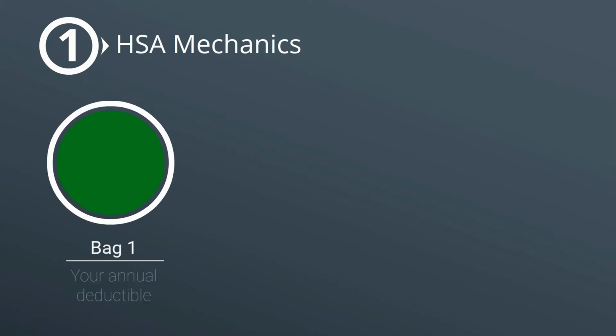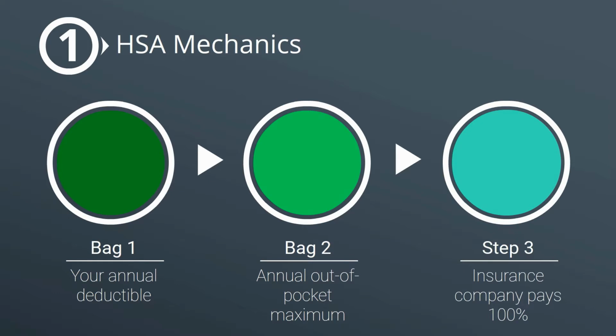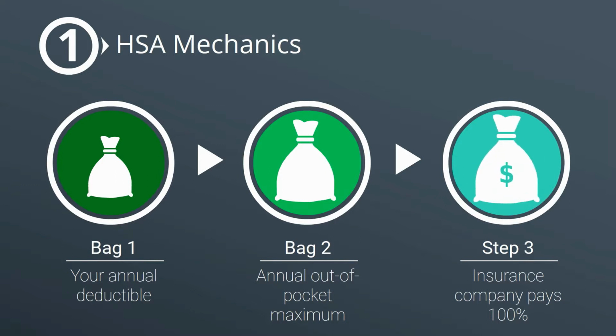I think it helps to think of things in terms of annual bags, in this case, bags of money. The first is your deductible bag, which either represents your annual individual or family deductible. Once this is full, you move on to your coinsurance bag, where the insurance company pays a portion of expenses and you pay the other portion. The final bag represents your annual maximum out-of-pocket. This continues to be filled with your portion of covered expenses. When this bag is full, the insurance company will pay 100% for any additional covered expenses for the rest of